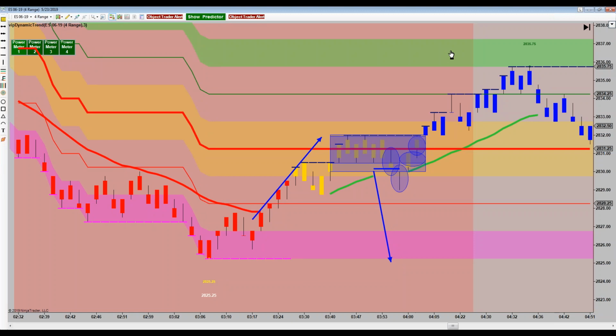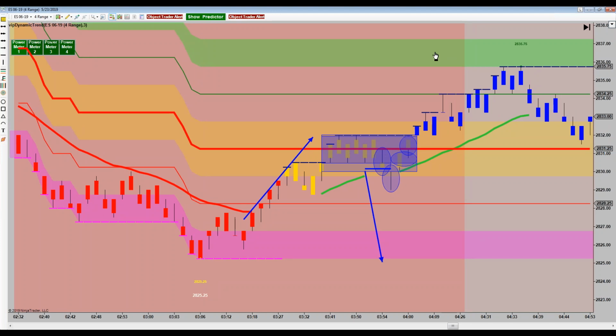So you'd have to be an early bird here. You're going to see the market doesn't open in the U.S. on the equities for another hour and a half. 451,